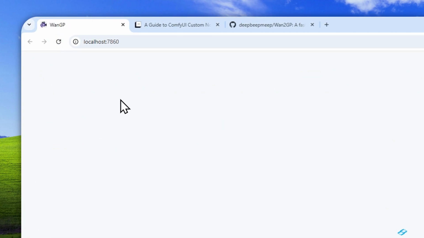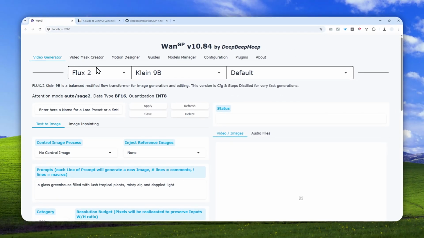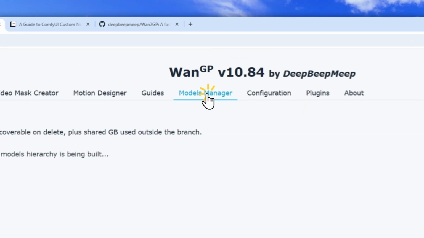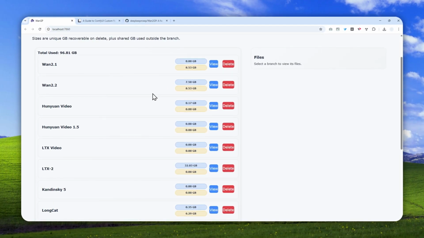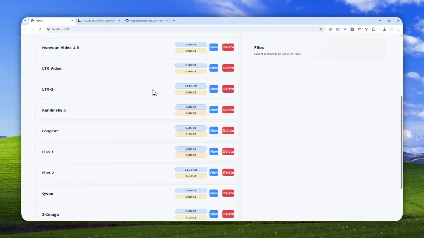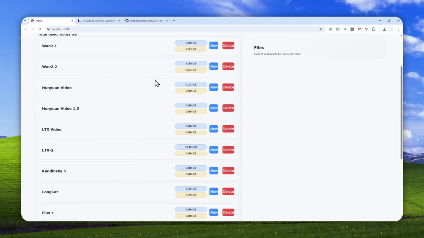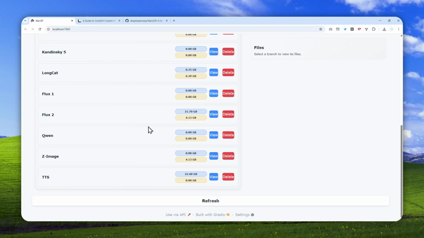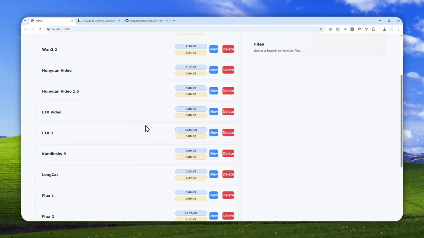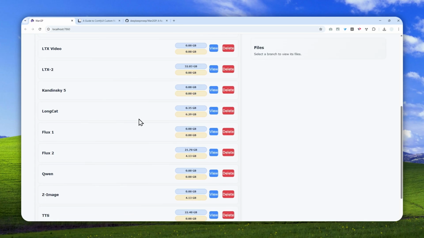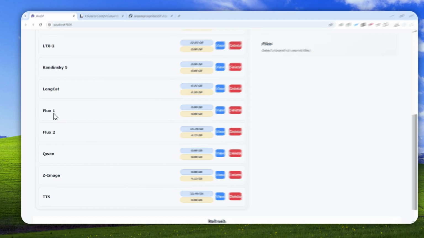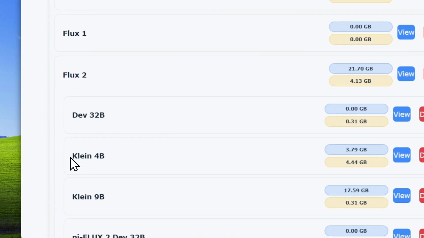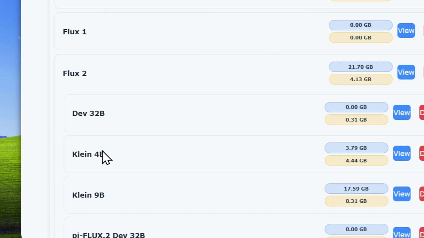Now I'm going to refresh the page and there's going to be a new menu called Models Manager. You can open it, and you'll see how many gigabytes each model is using on your computer. So I've got plenty of models installed on my computer, actually just maybe 5 or 6 perhaps. But anyway, let's say I want to remove the Flux 2 model, the one that is Klein 4B, or 4